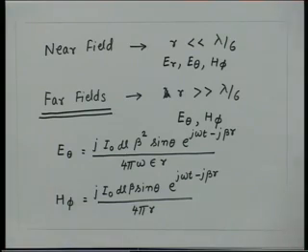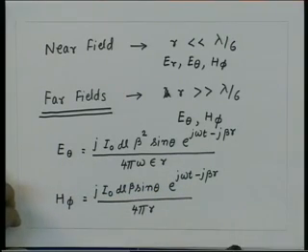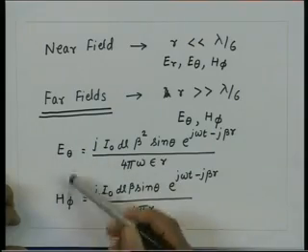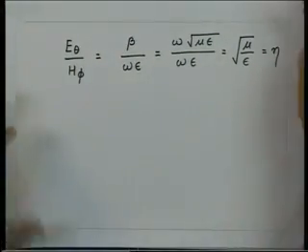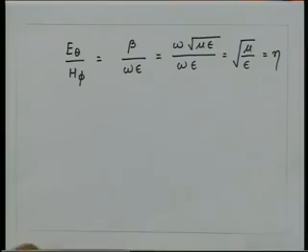We had also seen an interesting property for these fields, that the ratio of E theta and H phi for the radiation field is equal to the intrinsic impedance of the medium. That property is the same as what we had seen for the uniform plane wave. However, in this case we have constant phase surfaces which are spheres. So, we call these waves spherical waves. However, spherical waves essentially have all the properties which the uniform plane wave has, that is, the electric field, the magnetic field and the direction of wave propagation are perpendicular to each other, and also the ratio of the electric and magnetic field is equal to the intrinsic impedance of the medium.